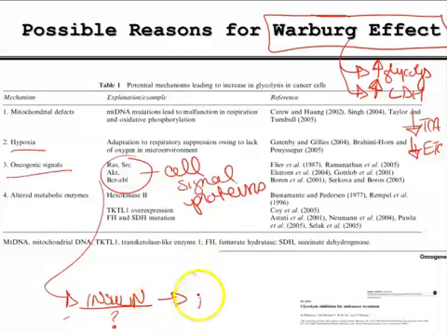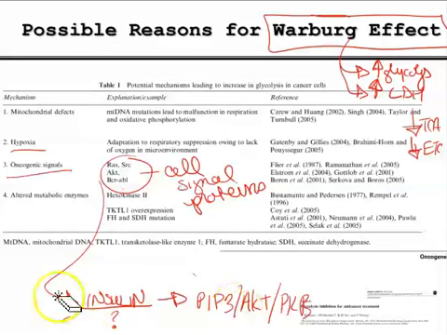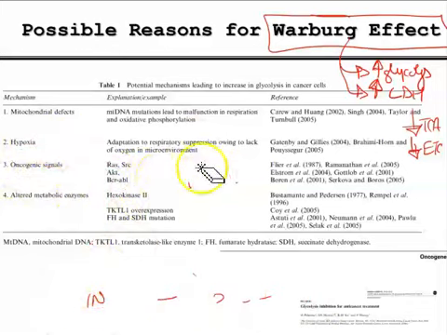Insulin is going to drive activation of phosphatidylinositol triphosphate and AKT, which is a kinase in this signaling pathway, and ultimately drive activation of protein kinase B. And so, anyway, insulin is driving activation of these factors, which are going to further activate glycolysis. There are also, last point here,